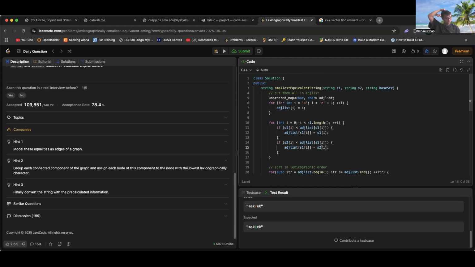Or if S2I is smaller than, or if that character is smaller than,